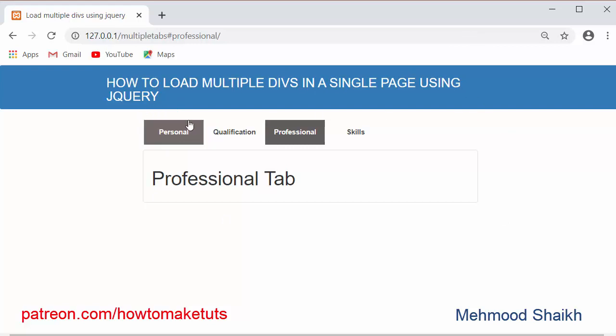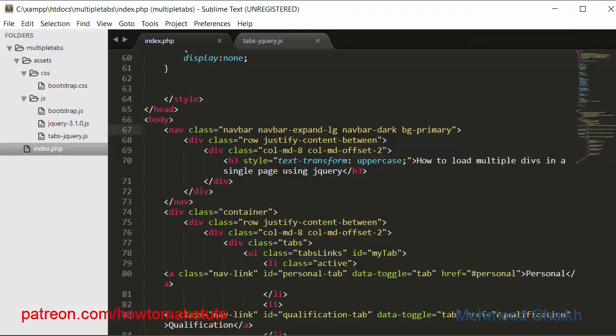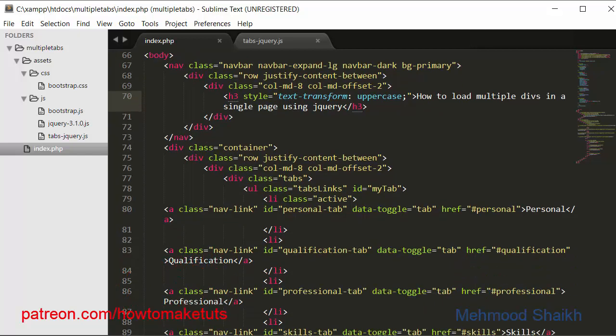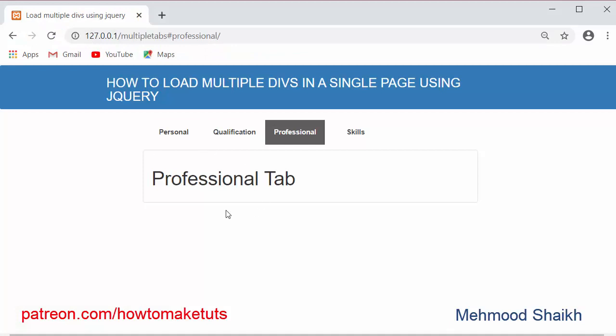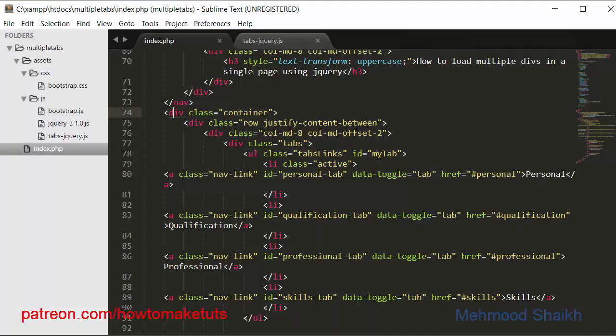Inside the 8 columns I'm displaying the content, and I have left 2 columns on the left side and 2 columns on the right side. So now the title or the heading. The next one is the container. Inside the container, as I have already said, I have kept my content in the middle by leaving 2 columns on the left side and 2 columns on the right side, and the content is inside the 8 columns.